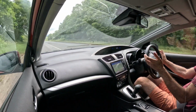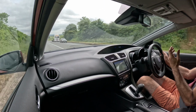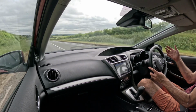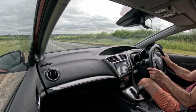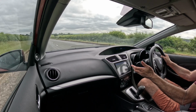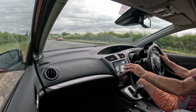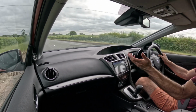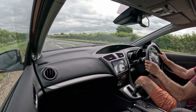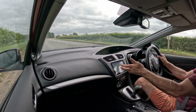But the dash design, whilst it looks fantastic to me, it actually works brilliantly ergonomically, and that's the whole point of it. It's not just to look pretty, it's to work in conjunction with the driver. The most conventional part is this centre stack here, always done very well with a Honda, mind you. Nice big sat-nav screen, Garmin based, so most people have used those over the years, very easy to use. That incorporates obviously DAB radio. You've got a CD player, you can plug your phone in, play your music out through your phone via that,